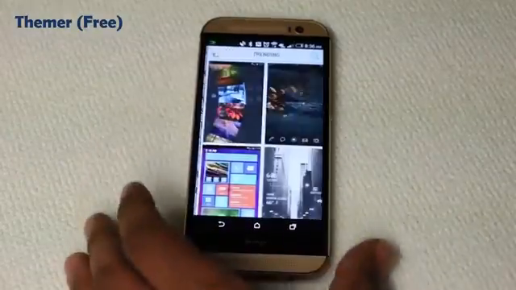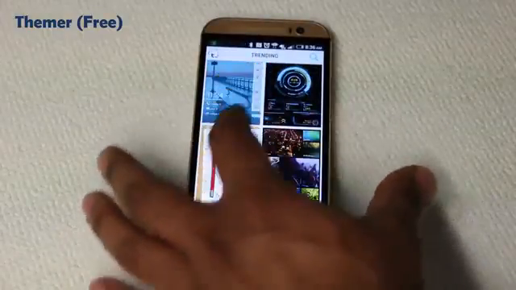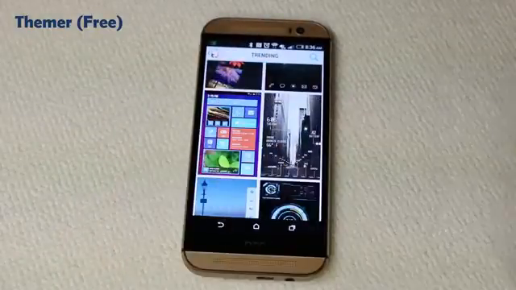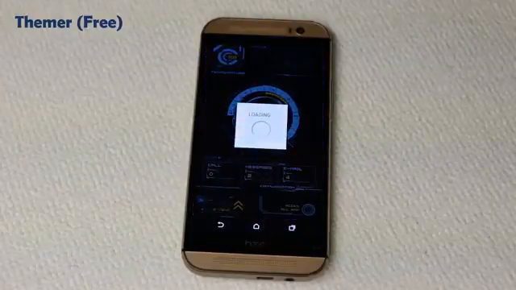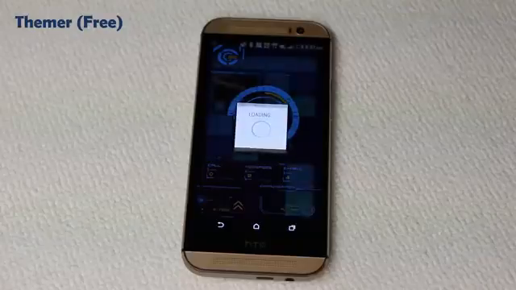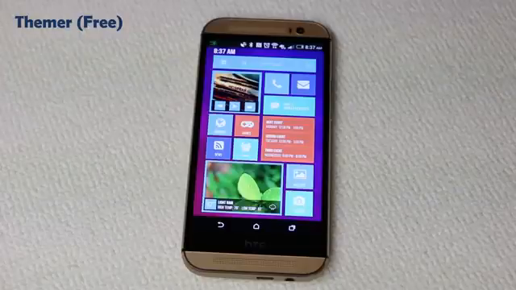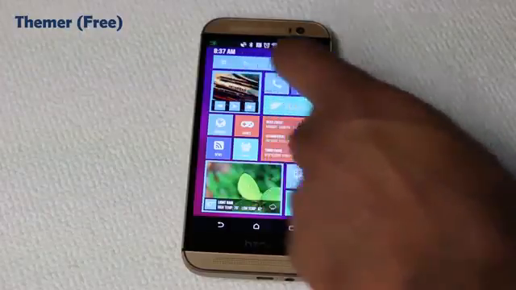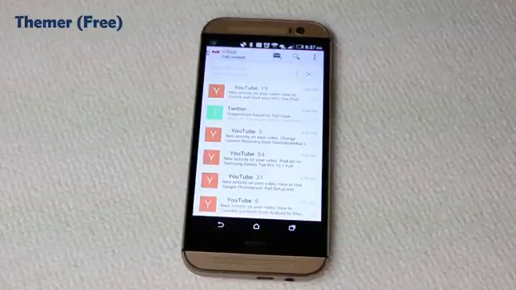So let's look at one more theme, and then we're going to move on to the next application. Let's look at this one that looks like the Windows. Apply. It downloads the theme if it has to. Okay, so look at that, absolutely gorgeous. Okay, again, if you tap the phone, takes you to the phone. If you tap the mail, takes you to your mail. Come back, and